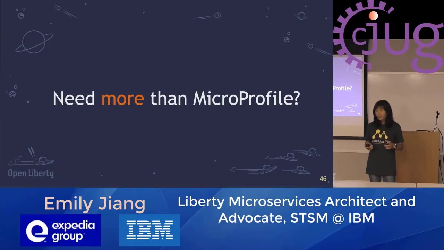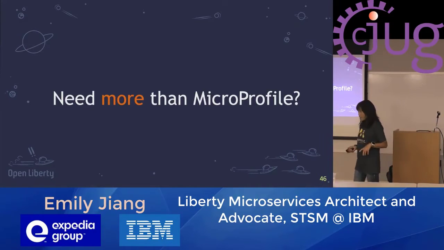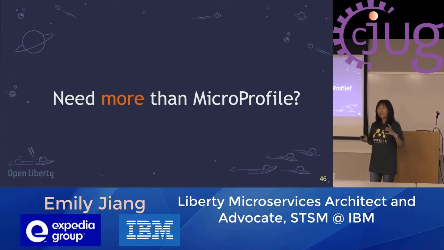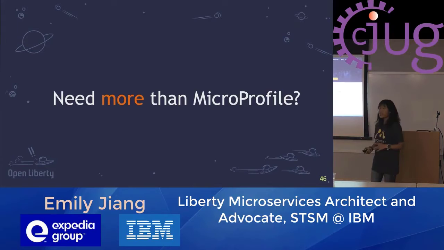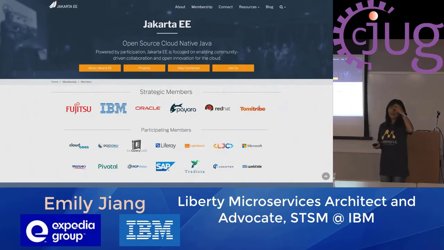Okay, I have done a lot on MicroProfile, and sometimes it's still not enough. You need more things to work with MicroProfile. MicroProfile was here for cloud native development. Also, it uses some Java EE technologies. But to make MicroProfile even more powerful, we still need Java EE. Java EE, have you heard of Java EE? Yeah, good. Previously it was owned by Oracle.